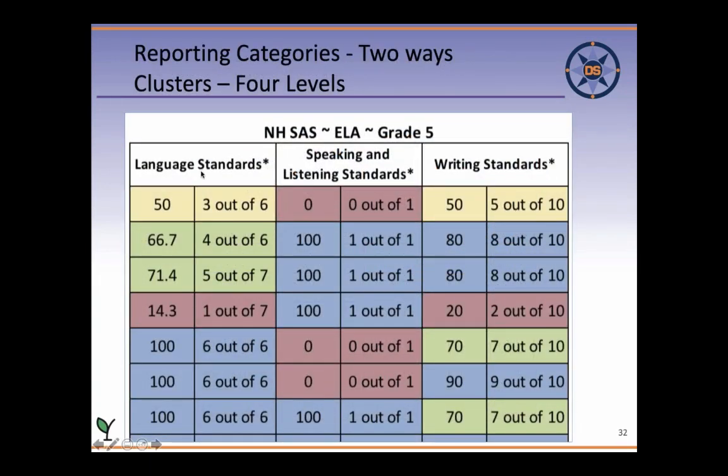You are going to get the other 3 reading or ELA reporting categories only with the 4 levels. You're not going to get 3 levels on this. You're not going to get at or near or below on these. It's going to show you how many points the student could have gotten and how many they did get correct. Does that make sense to anybody? It seems to make sense to everyone.